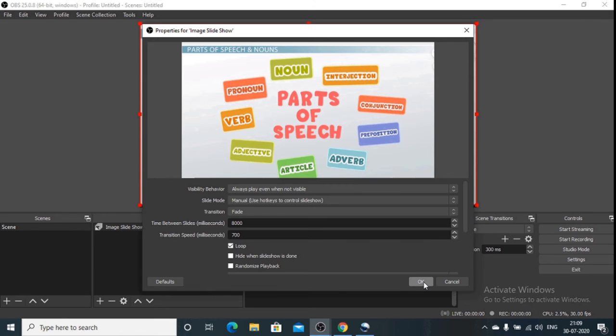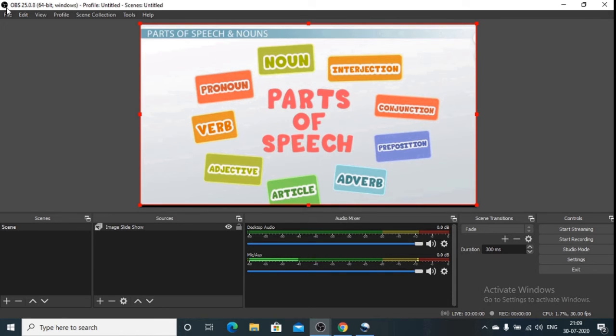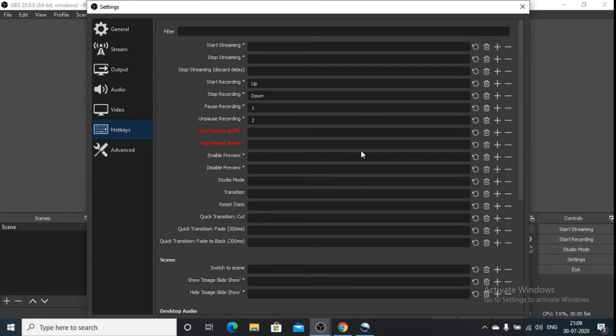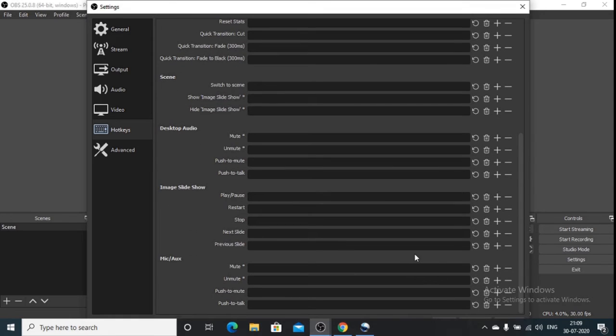Okay, but for manual mode we have to adjust the hotkeys. Go to settings, see the hotkeys. Now come to image slideshow. Here for next slide just assign right arrow key, and for previous slide assign this key.